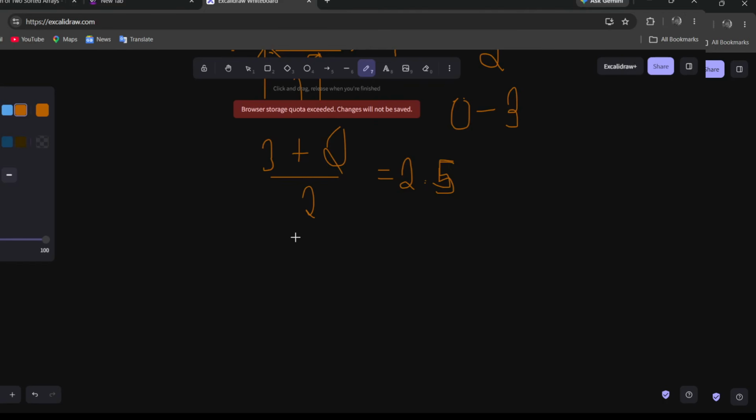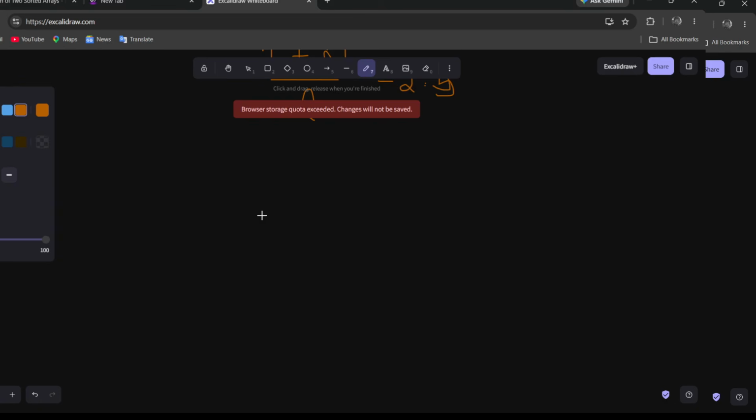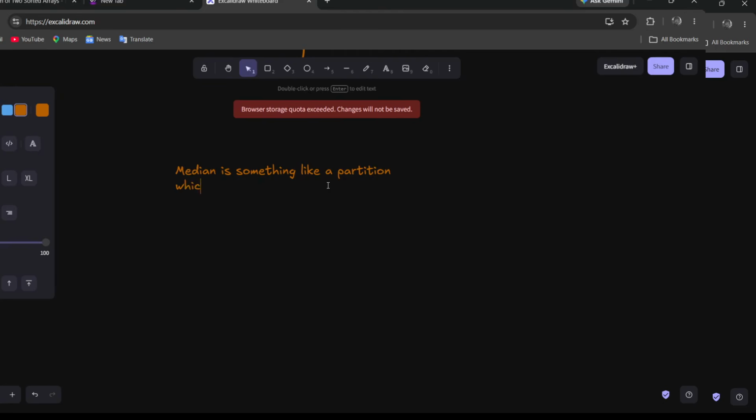Now we will learn what the median actually is. Basically, median is like a partition line. Okay, median is like a partition line. So median has some properties, so I will write it. Median is something like a partition line which separates the array,